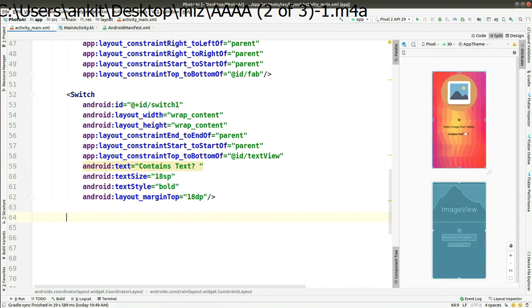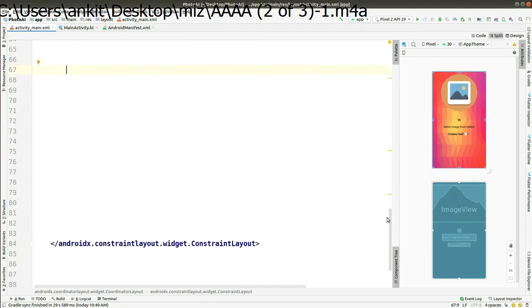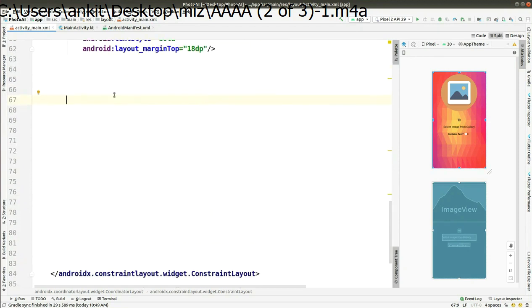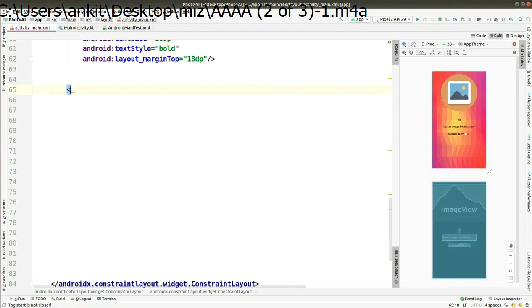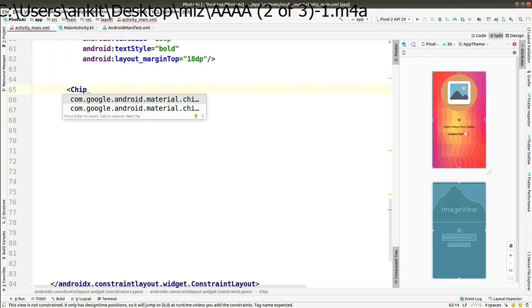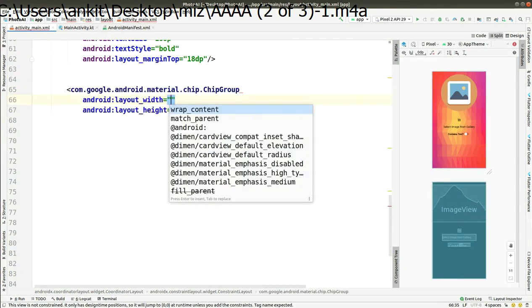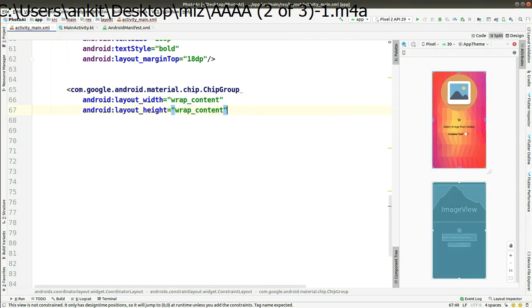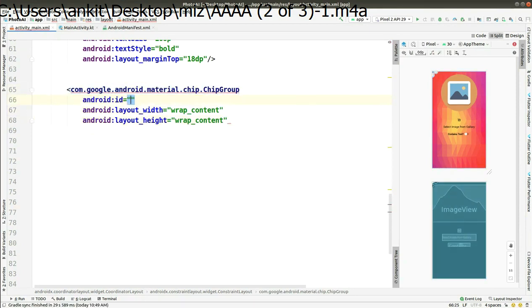After that, close this switch. So the switch is completed, the text view is completed, the fav icon is completed, the image view is completed. Now the last thing, that is chip group, in which the result of the app will be placed. It is like the tag things you have seen in YouTube.